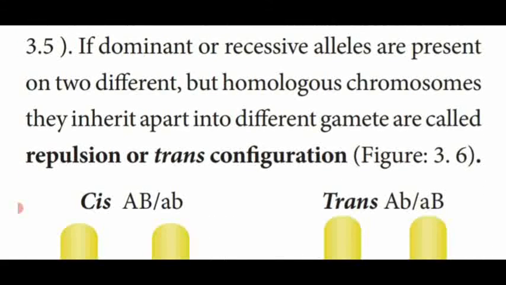Another one, if dominant or recessive alleles are present on two different homologous chromosomes, they inherit apart. That means they are separated. They inherit apart into different gametes and are called